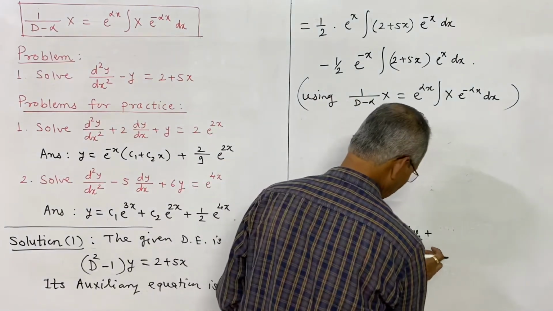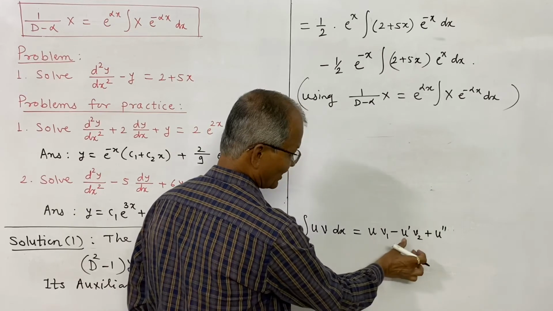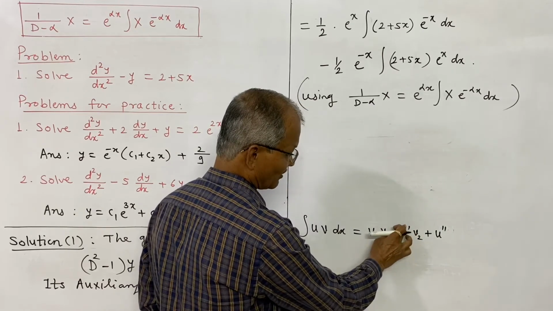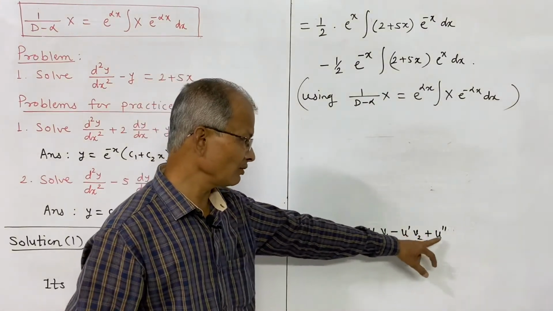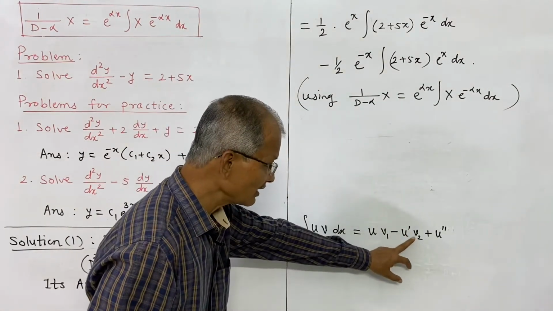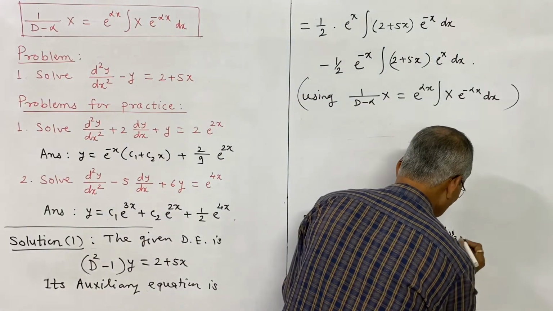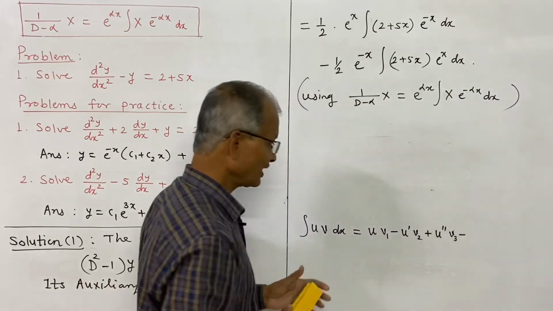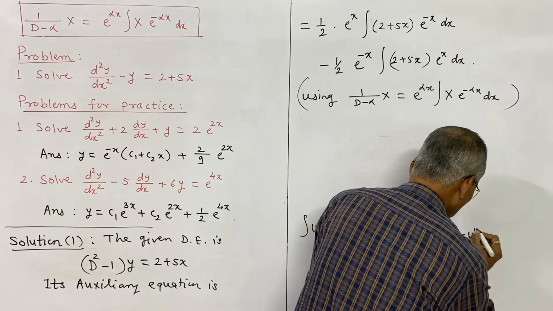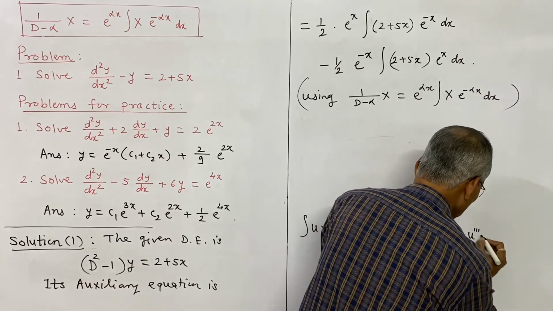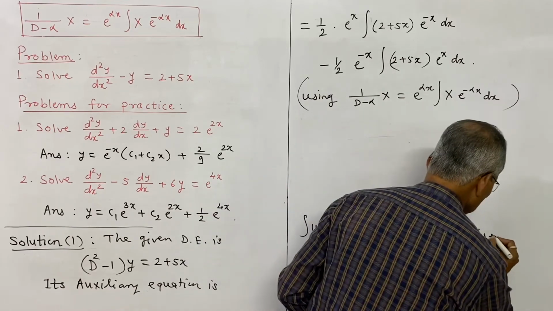Again the derivative of the first, this is to be noted, derivative of this function, that is u dash or u prime, double prime. The derivative of u prime will be u double prime, into integration of second, that integration of v2 is v3, and minus. Now next will be again the derivative of the first, that is third derivative, and this is the integration of the second, that is v4, and plus, and so on.